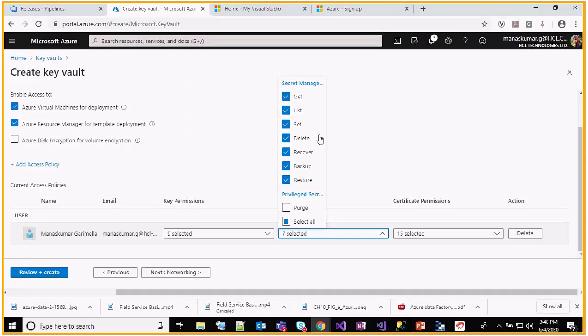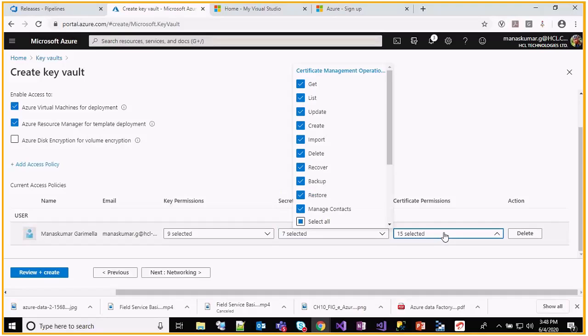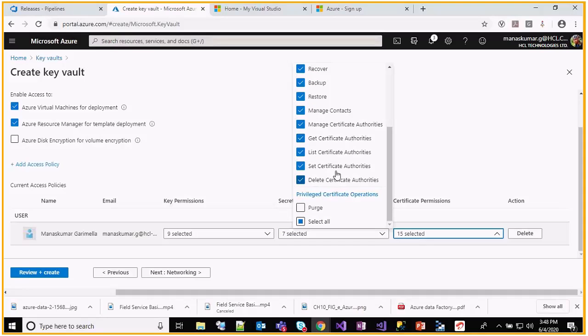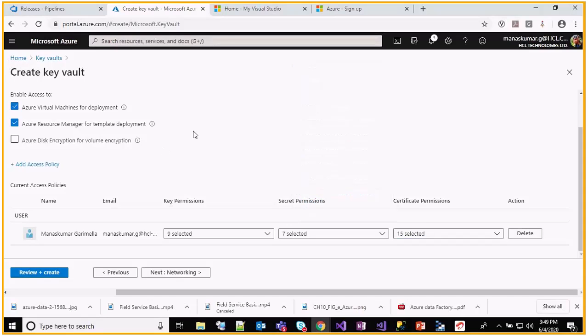And the secret permissions will be the same. And certificate permissions will be like set certificate and get certificate authorized. These things will also be validated when I am using the key vault.